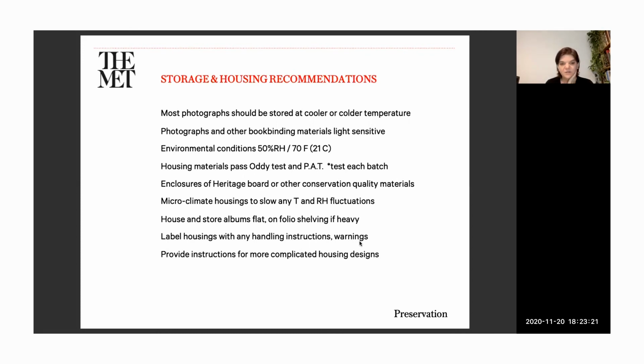I will label the protective enclosures or the housings to offer instructions to wear gloves, any particular handling instructions. And this offers not only good care and handling, but also a message to the user that the object inside is worth that treatment and that valued care. And if there are more complicated housing designs that accommodate something like the album at the end that wasn't treated, that had a very pronounced foredge, I'll actually offer instructions to those housings and how to work them, so that not only are they removed safely, but when they're returned,